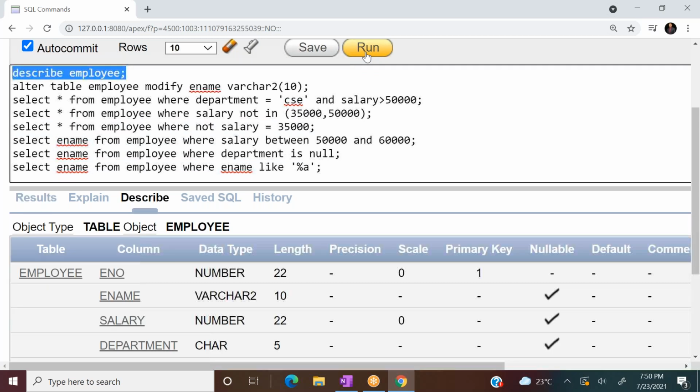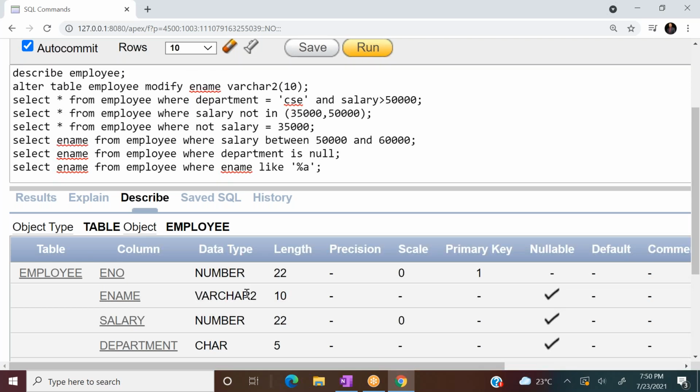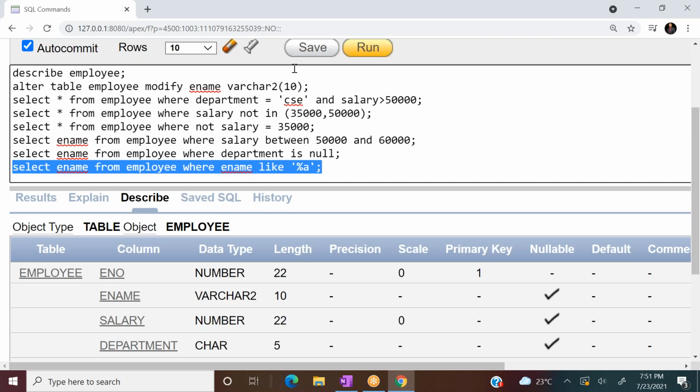It is varchar2 of 10. Varchar means variable character length. ename is varchar2 of 10. It is displayed, but it is a variable length character string. Variable length character string means the size is fixed according to the string that you have inserted. Here we have done everything perfectly. Still I'm not getting an output. What went wrong?